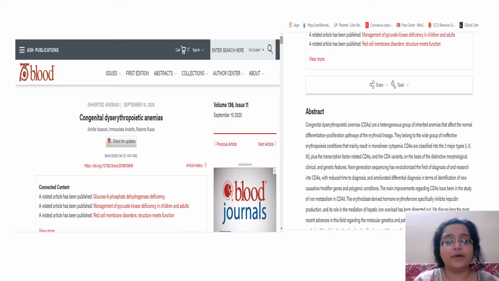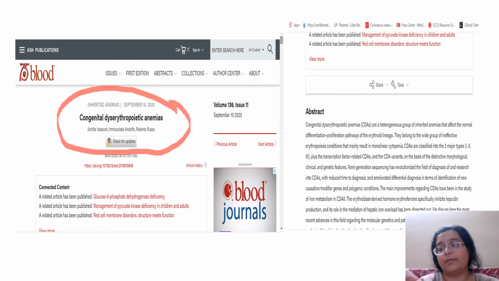So this is the paper. This paper discusses CDA in detail. What I've told you is about CDA, the 3 most important differentials, and how you approach the case. You draw a PS, you find megaloblastic changes with a normal retic, and the iron might be normal to raised if too much therapy has been given. While in B12 deficiency, when there's a combined nutritional deficiency, the retic response will be low, the iron might be low, and B12 will be low.